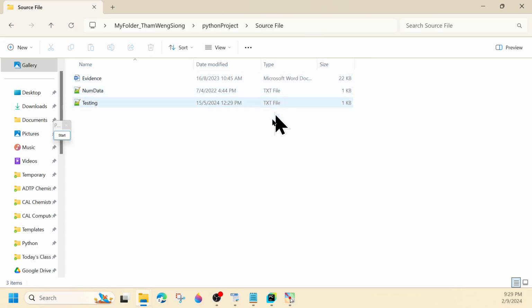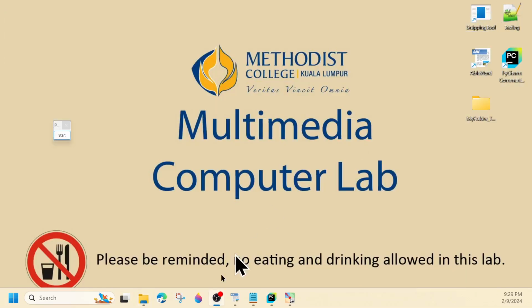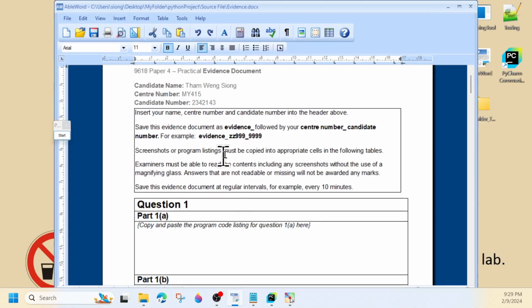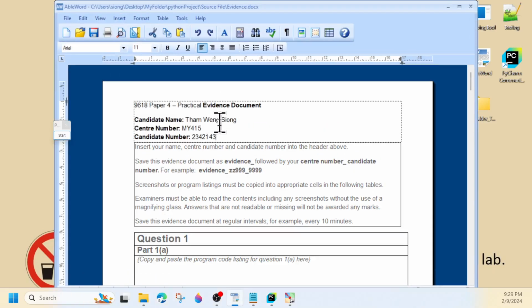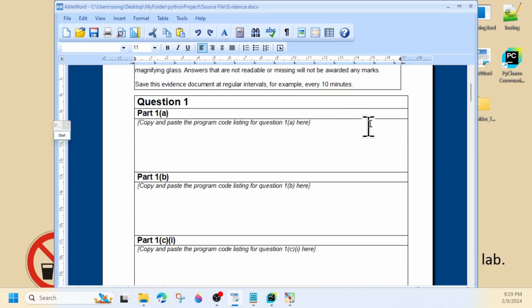Okay, now if you are able to open the AbleWord, then what you need to do is write your name. Your center number is MY415, and you put your candidate number. Okay. So now once you double check you are able to open your AbleWord, the next thing is to